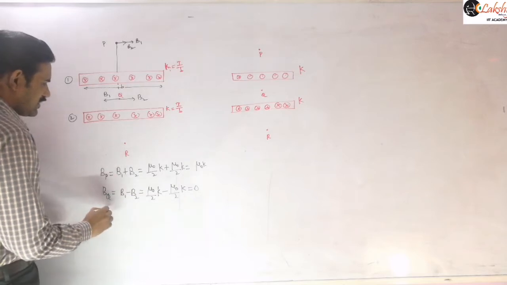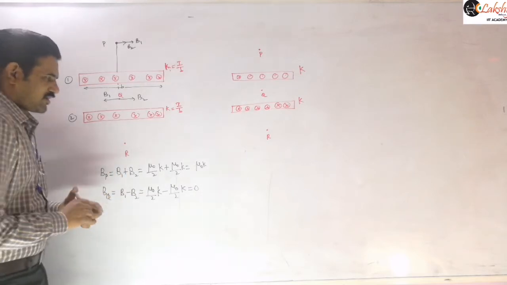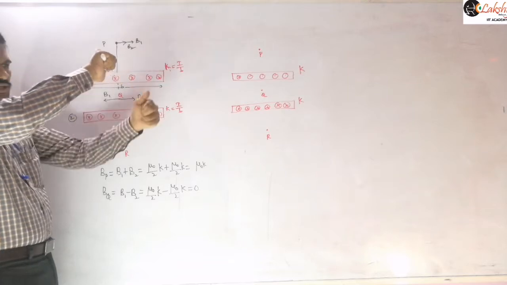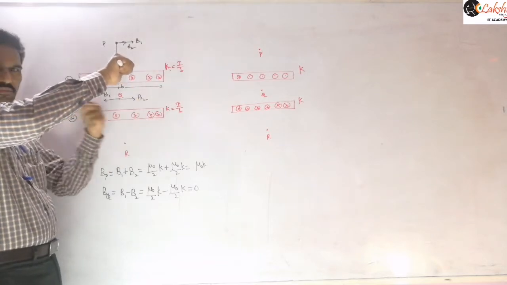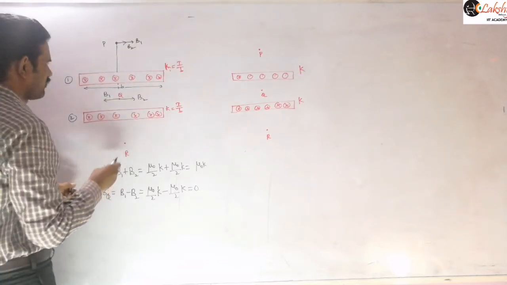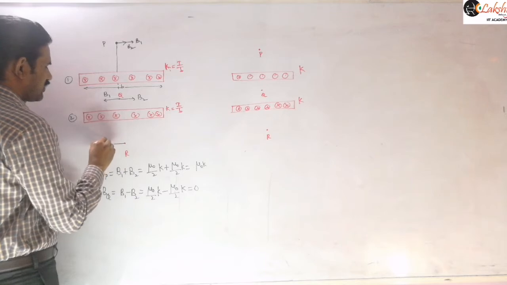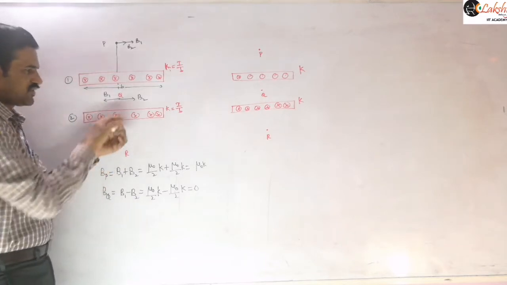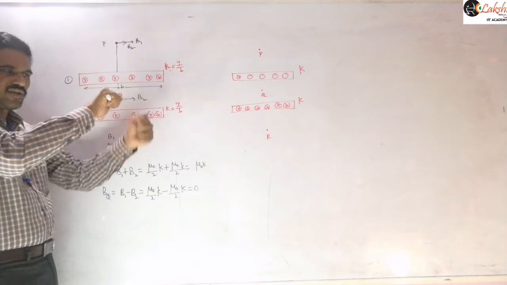Then similarly you can consider the point R. For this plane, the point R lies below the plane here, so the magnetic field will be along this direction. This is our B1, let us consider. And now the magnetic field due to this second plane: for this plane also, that point lies below the plane.